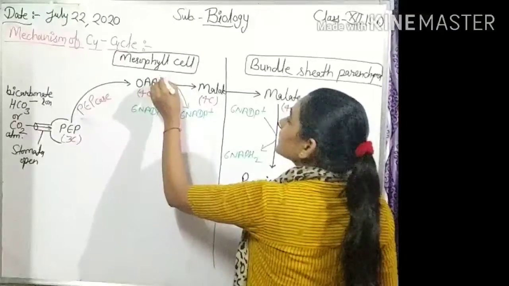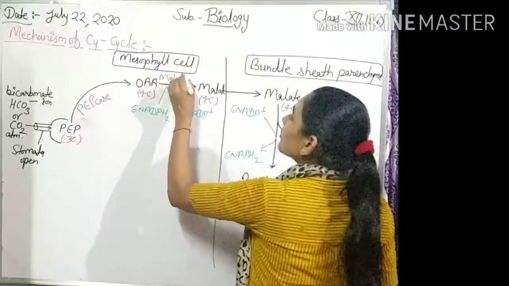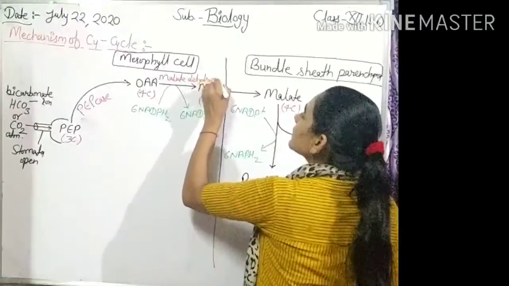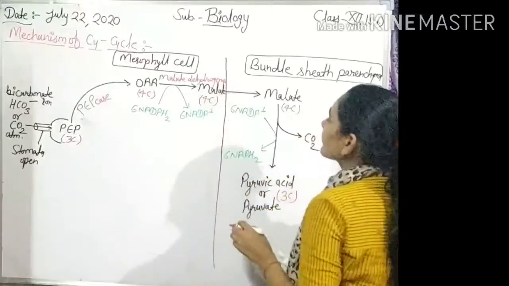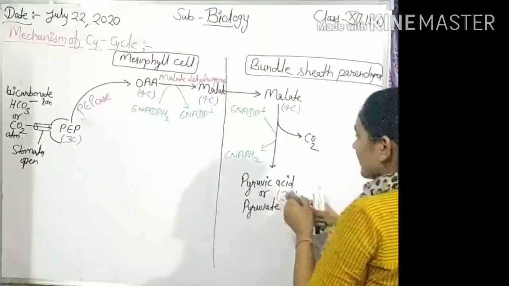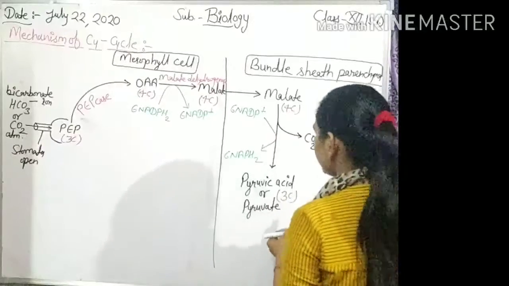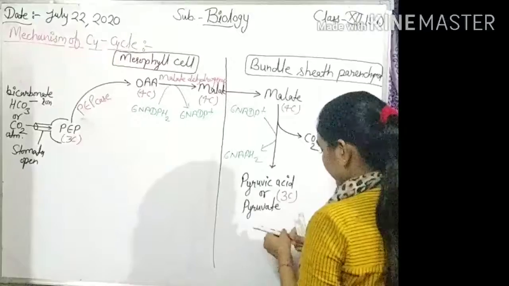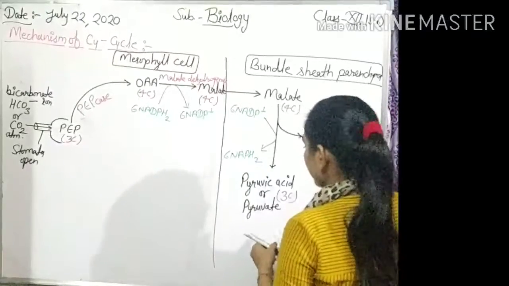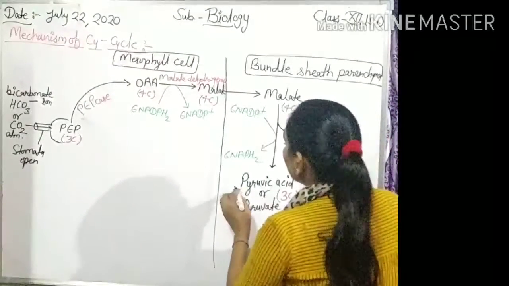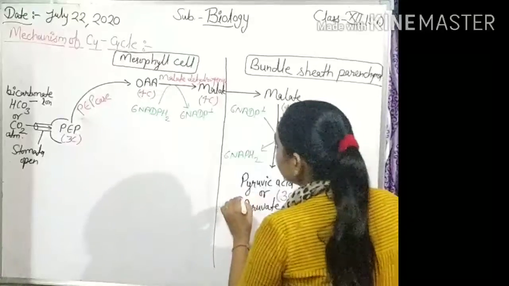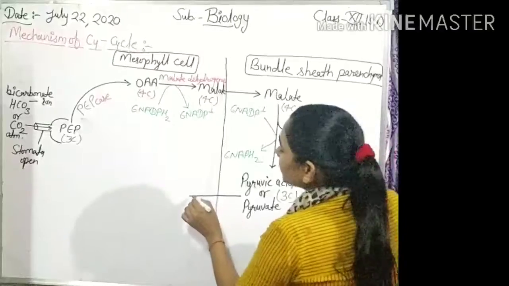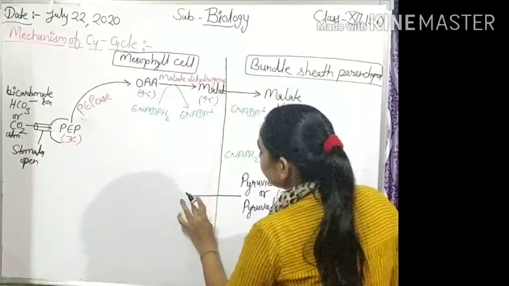There is the malate dehydrogenase enzyme. Then pyruvic acid is passed back to mesophyll cells